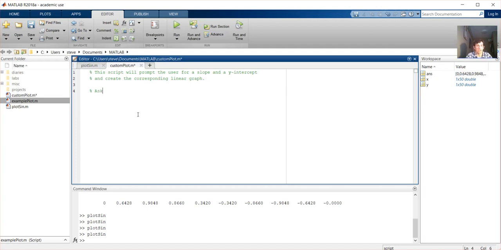So first, ask user for requested values. So first we need to ask the user for the slope and for the y-intercept, because those are the two things you need to make, essentially the two things you need to make a linear graph in this case. So we're going to use the input function. If you don't remember what the input function is, check out my user input and output video on this channel. So what we're going to do here is let's call the slope m in this case, because y equals mx plus b. So m, and then we can say input,